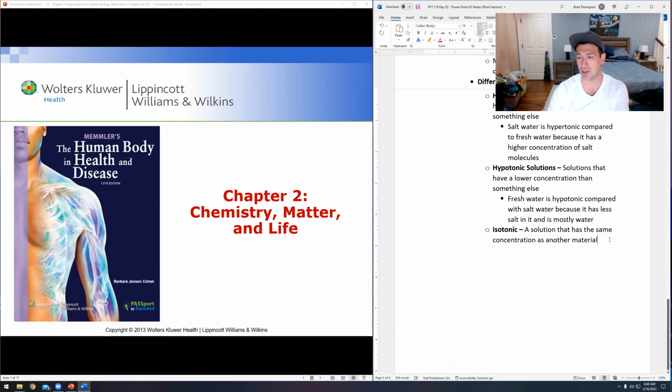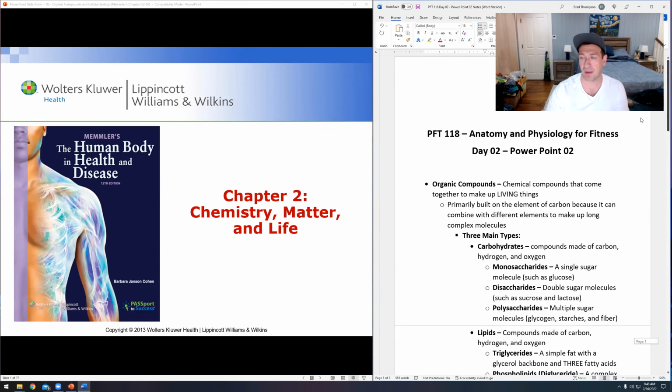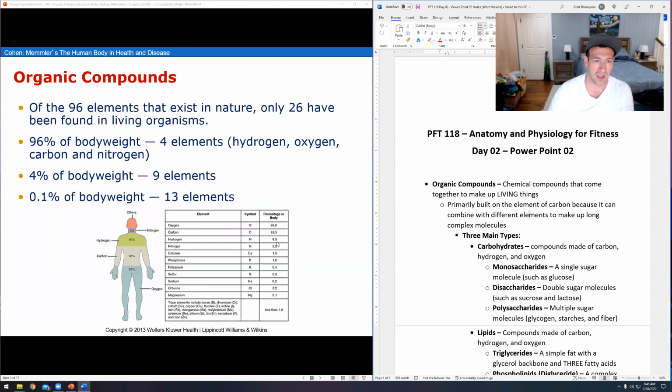The first one is just going to be a little bit of chemistry, and then the second half of this PowerPoint is going to be a little bit about cellular biology, because we need to understand the small if we are going to have a deeper understanding of the large. That's kind of the concept here, right? If we can understand what's going on at a cellular level, we can certainly understand what's going on at a biological or organismic level, right?